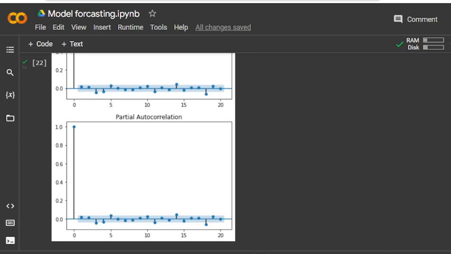Let us now apply an example data that you will use. The example is Reliance stock closing prices, and this data I have already plotted.